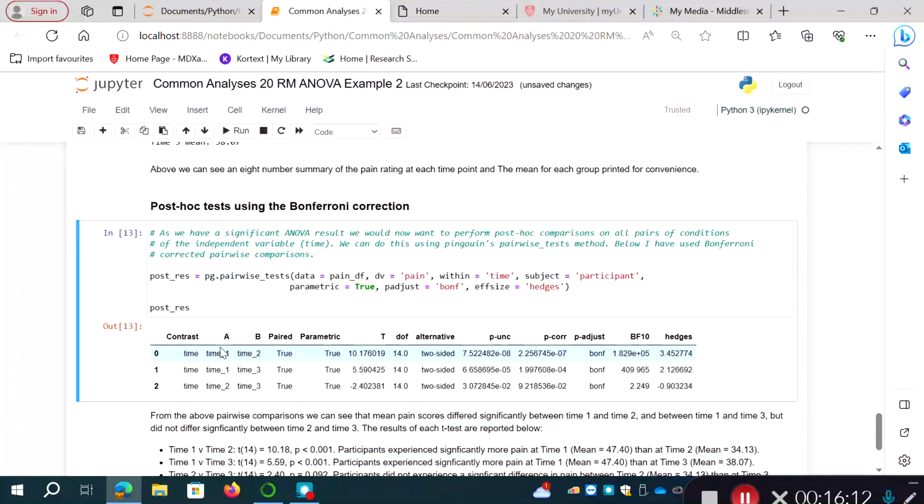So we're seeing the first comparison is time 1 with time 2. We get a t-value of 10.18, if we round that to 2 decimal places. If we use our corrected p-value, we get a p-value that's very small. It's 2.256745 times e to the negative 0.07. So what that essentially means is, to actually work out what this value was, not in scientific notation like this, we would move this decimal place 7 places to the left. So it gives us a corrected p-value of much lower than